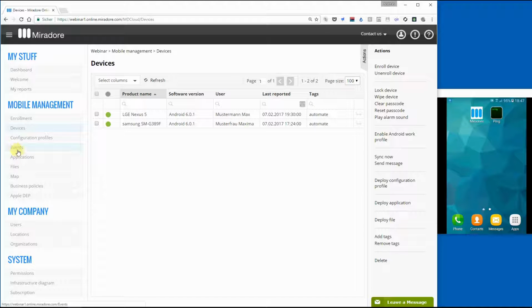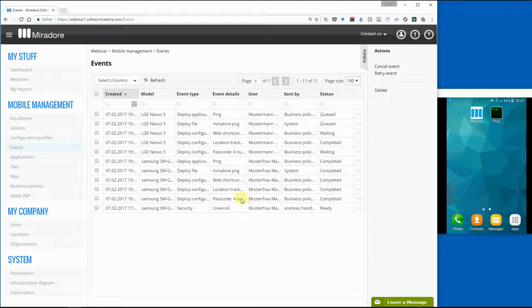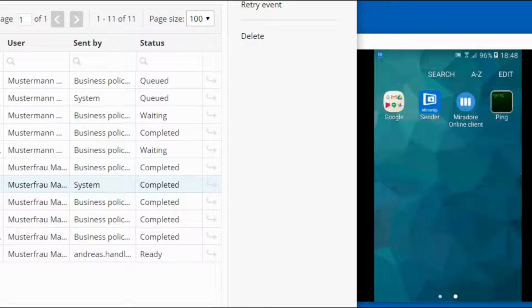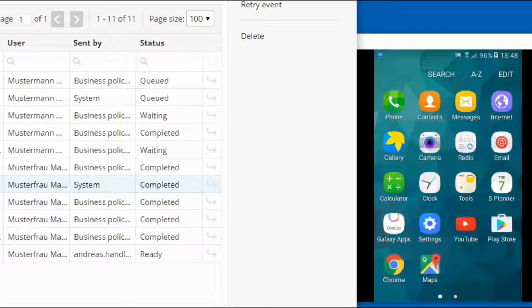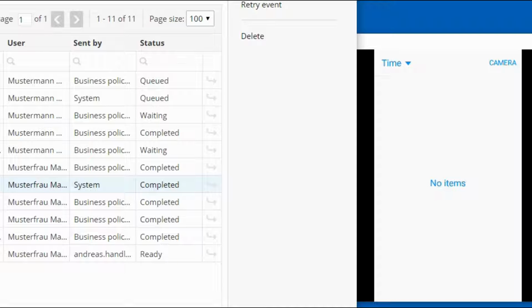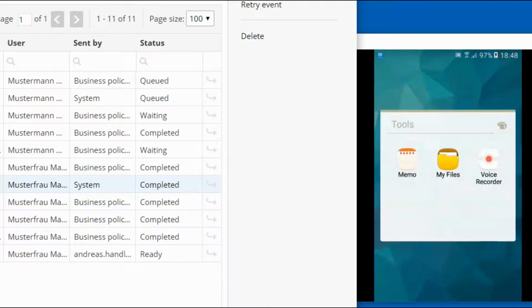When I go on the left side here to the events, I can see the passcode is completed, the location tracking is enabled, the web shortcut is created, and the file is deployed. So when I go here at the phone and I enter the gallery, at the moment there are no items. I choose albums. Okay, it's not in the albums because I deployed it directly to the file system, and I hope